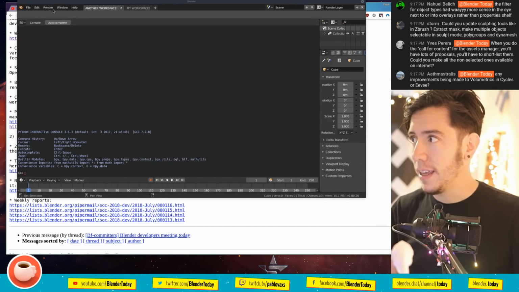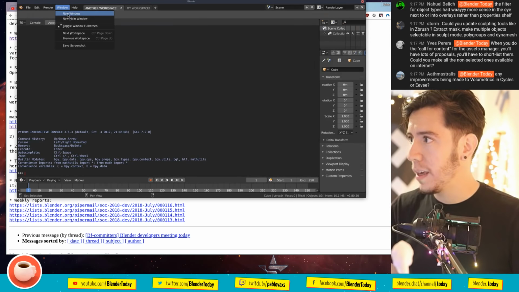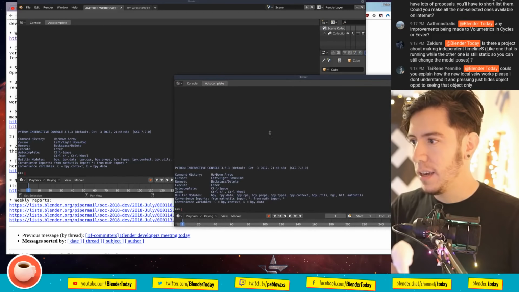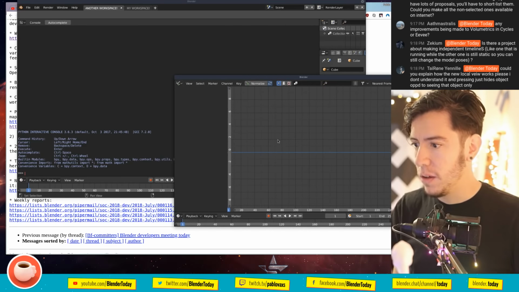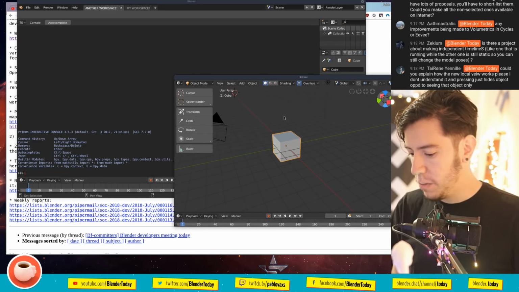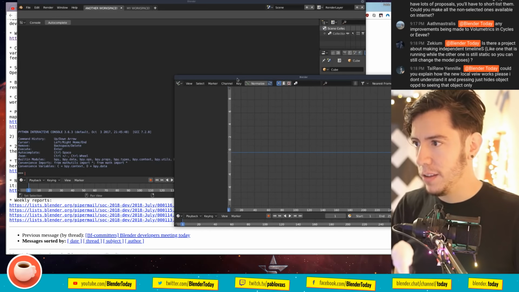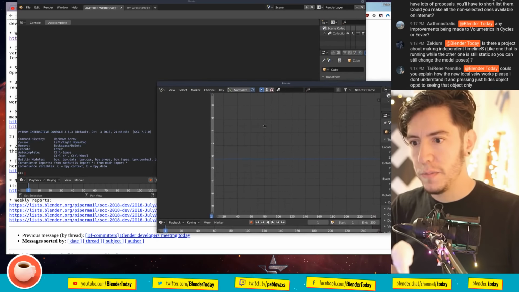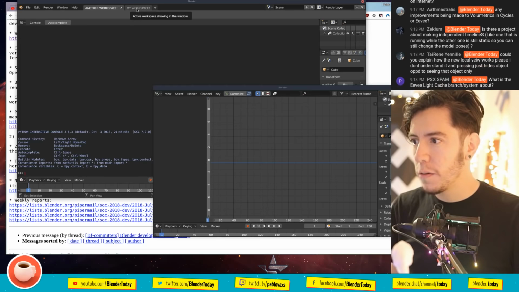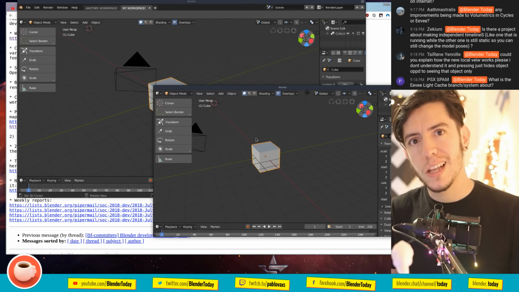But a child window is when you make basically a new window and you change it to, for example, this will be the Shift F6, so my graph editor. So it will be my child window. Then I go to another workspace, and the child window changes.